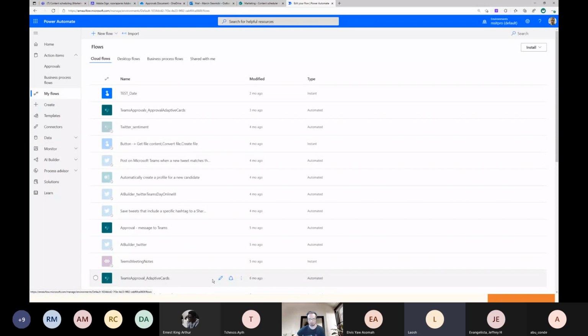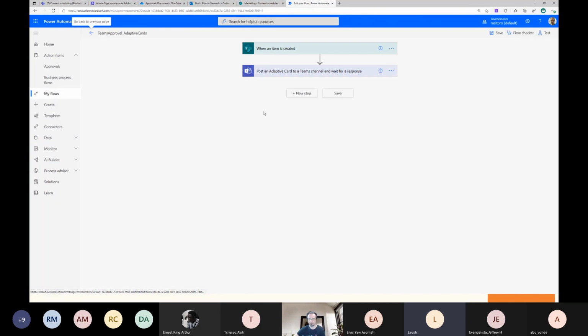But the second option is called this one: Post adaptive card to a Teams channel and wait for a response. With this one, there is no approval. There is no Power Automate approval. That means that it won't appear in my approvals application in Teams. So I think it depends on your requirements. You get something, you lose something. You lose connection with the approval application in Teams, but